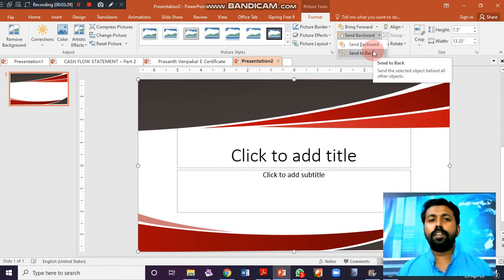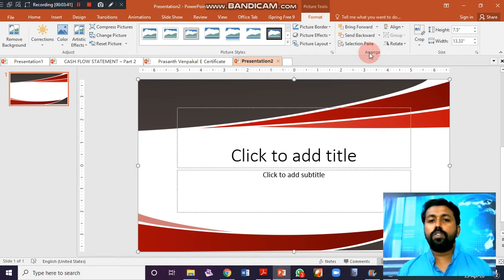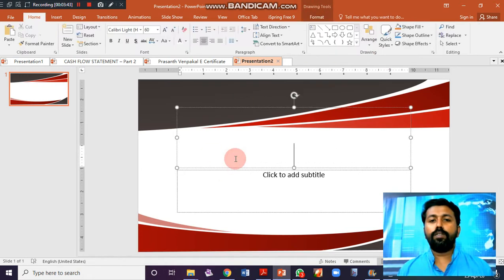We have to click here. Whenever we are opening an image, that will bring another window, the picture formatting tools. So send it back. Here we can add all the contents. We can make a lot of changes for this.